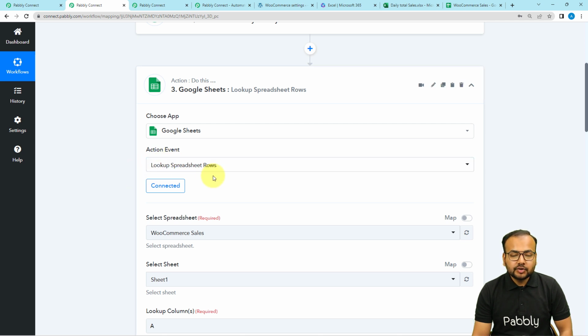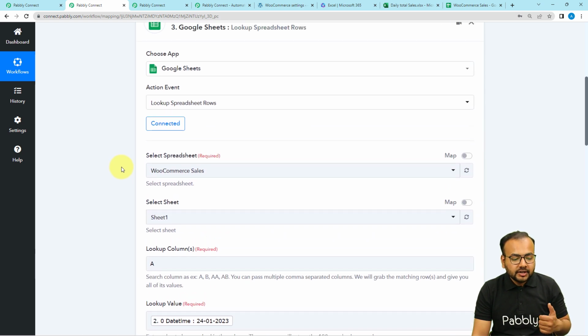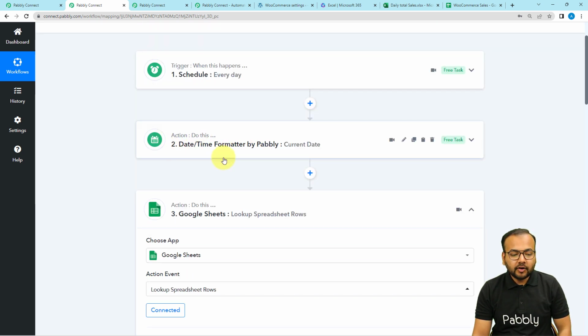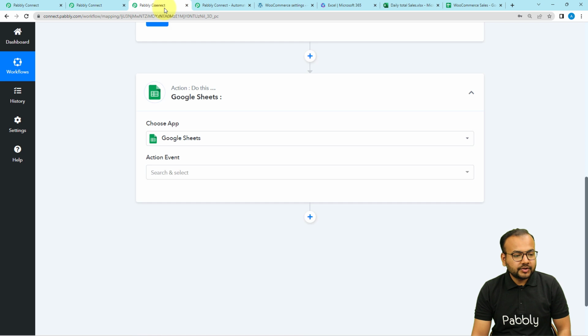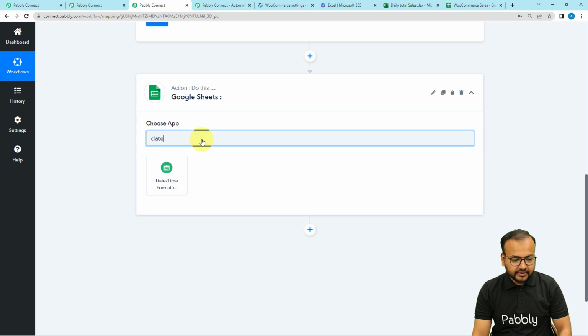So what does lookup spreadsheet rows do? It is going to search for a particular value in the Google Sheet, and corresponding to that value, it is going to fetch the details of that row here in this response section. Okay. So what we have searched here, we have searched for the current date, or the date on which the workflow is running. Okay. So that's why to search for this date, we have connected datetime formatter here in this action step to get the current date. Okay. So first of all,